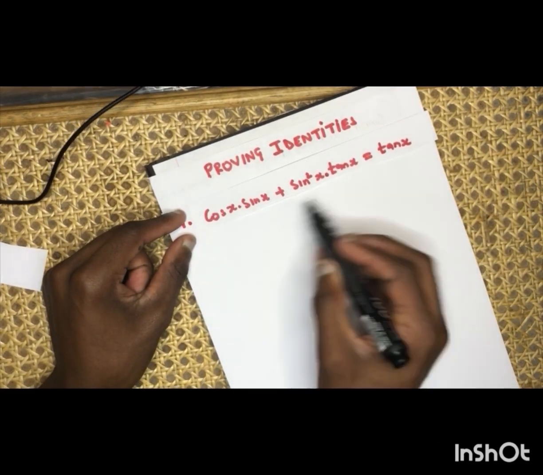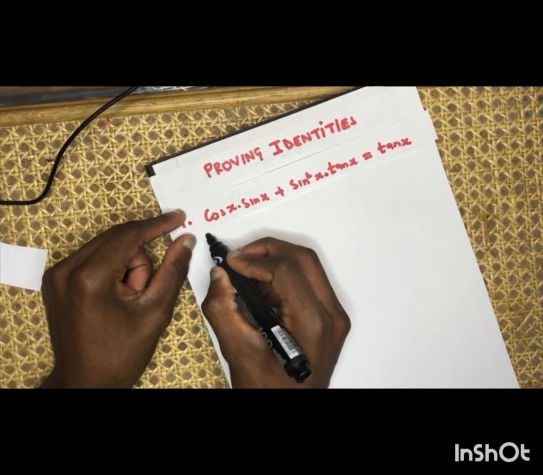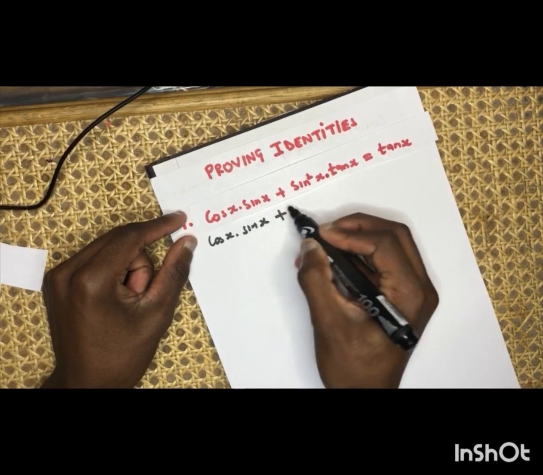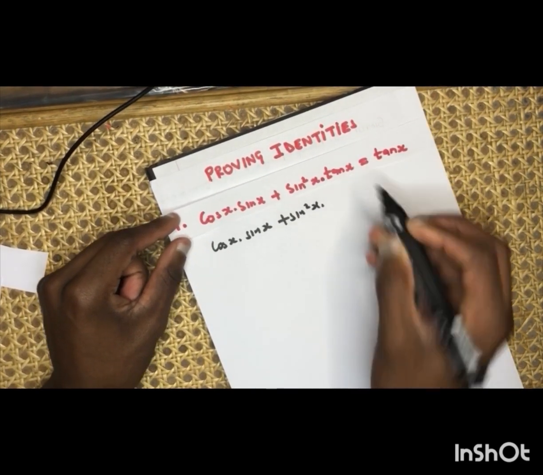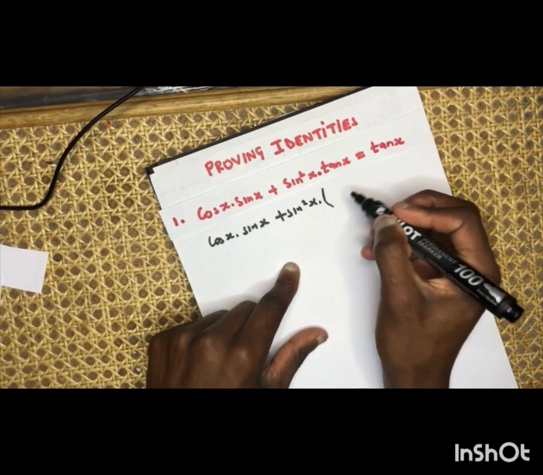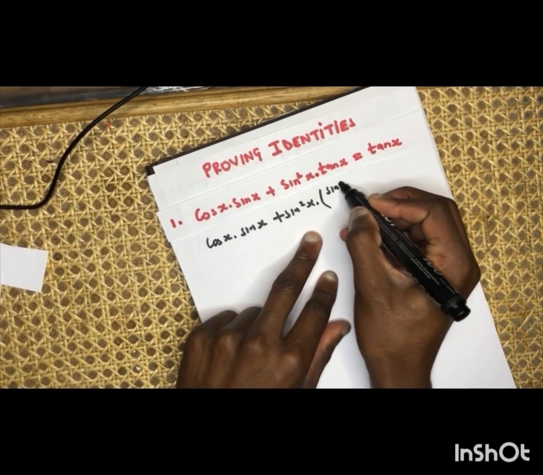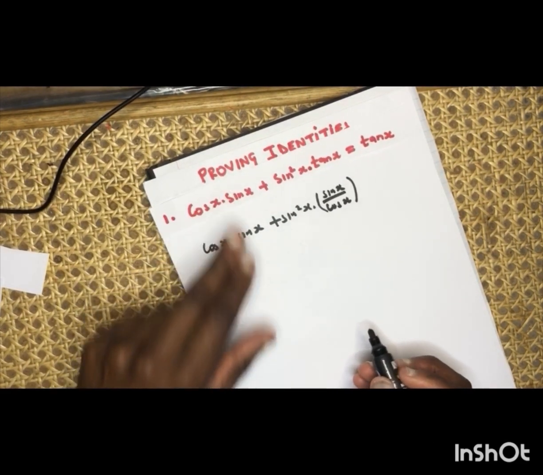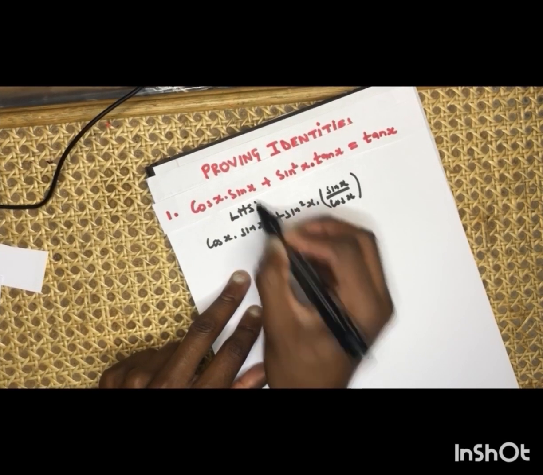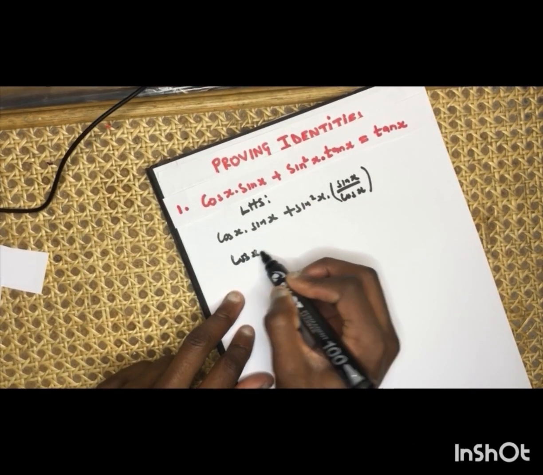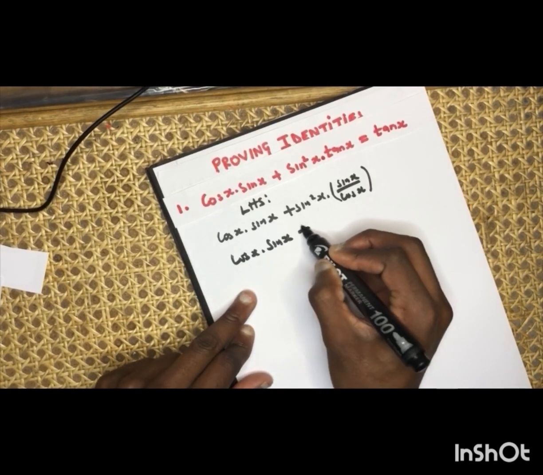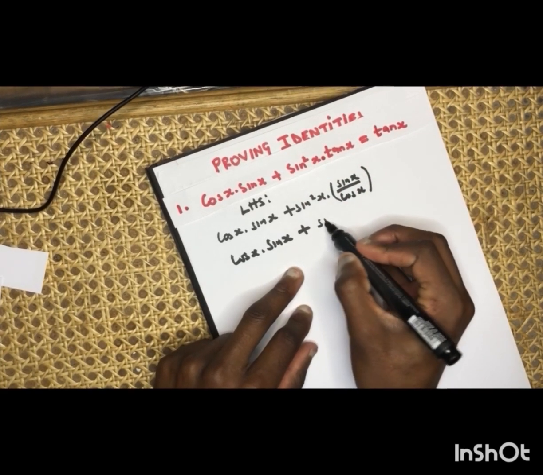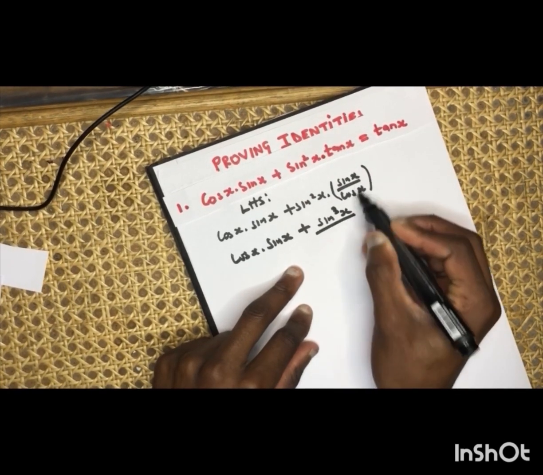Here I'm going to change everything that I know. I drop cos x, then sin x, then I keep the sin squared, and I'm going to change tan x. We know the quotient identity, which is sin x over cos x. Bear in mind, ladies and gentlemen, this is your left hand side. So you drop cos x times sin x plus, if you multiply this one and this one, you're going to get sin cubed x over